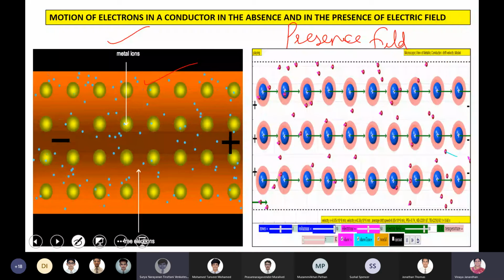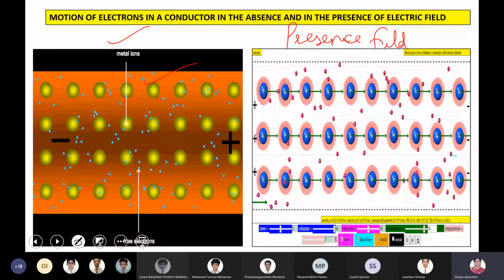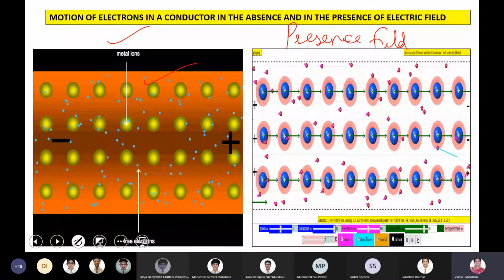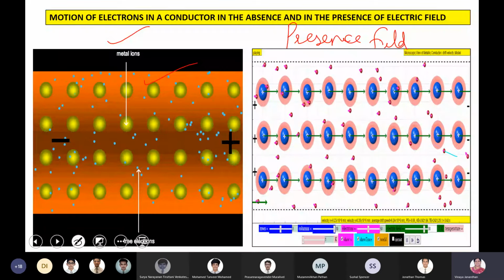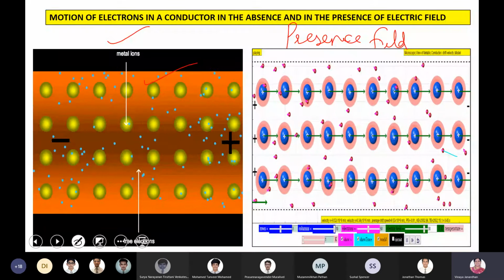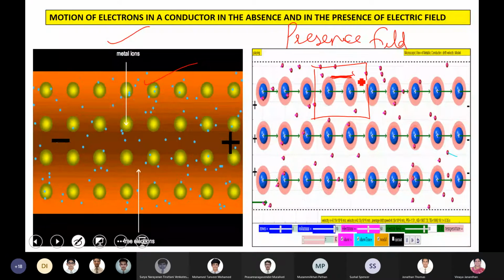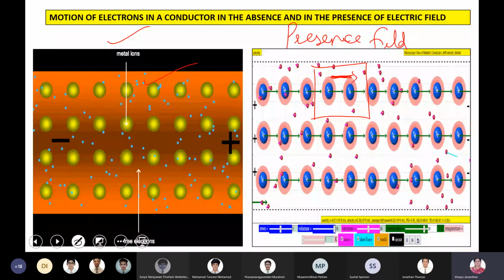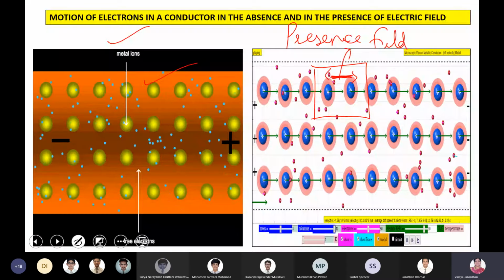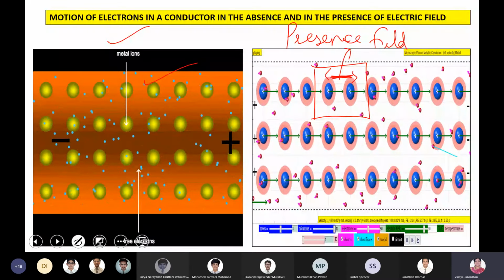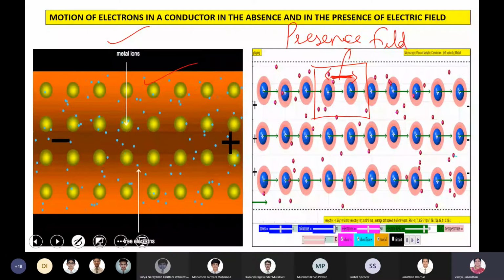After the second collision, they again get accelerated. Yes, again, because the electric field is there, right? Electric field is continuously making it accelerate. Between two successive collisions, suppose I take these two atoms, between these two, here it gets accelerated. In the space between two successive collisions, the electrons get accelerated due to the electric field till it goes and collides with the other atom. The moment it collides, it gets decelerated.